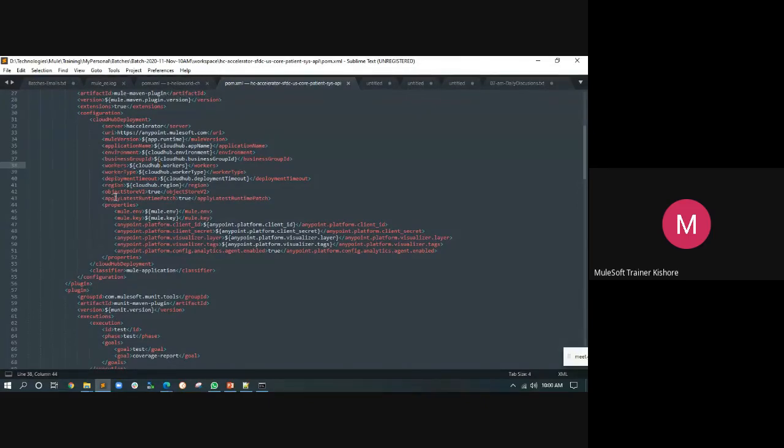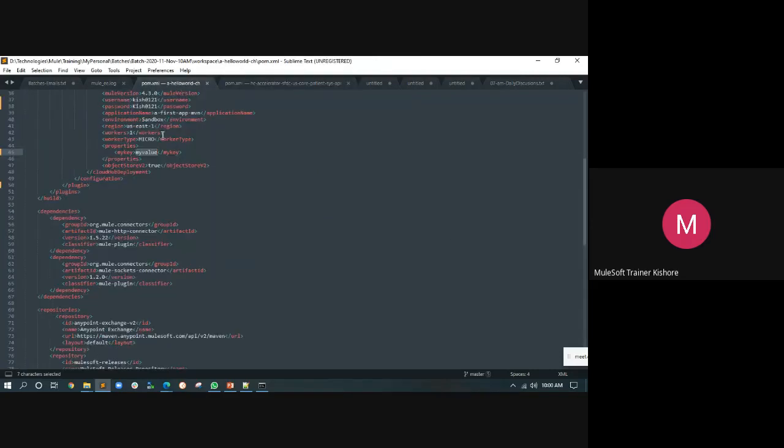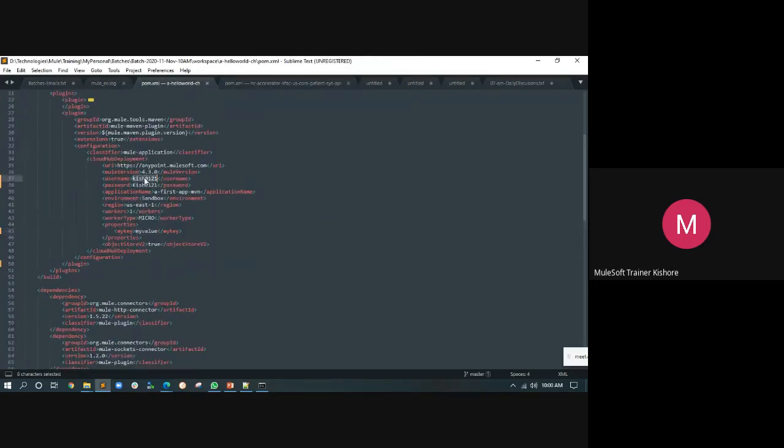Where is that username and password? There is something called server. Okay, you can configure the username and password in settings.xml, and you can refer to that ID here. So you cannot provide these values here. If you want, you can remove the hard coding, since here you have hard coded the values, right? You can pass them with the help of, let's say, dollar